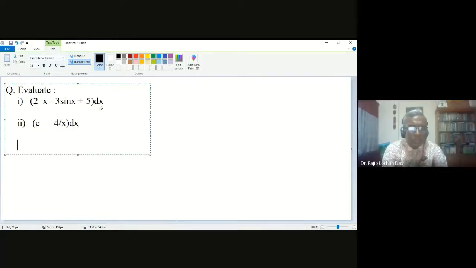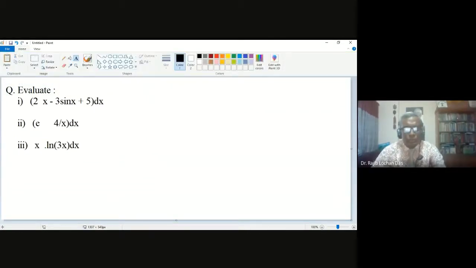Okay, and then another question. So here it is, say, x square into ln 3x, then dx. Okay, so